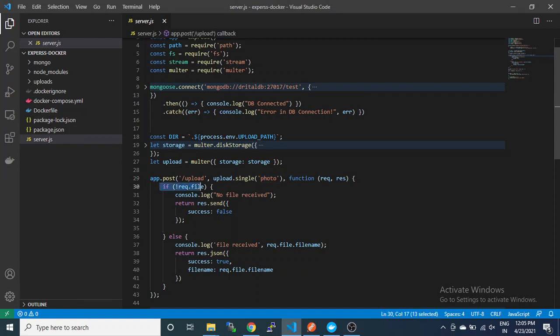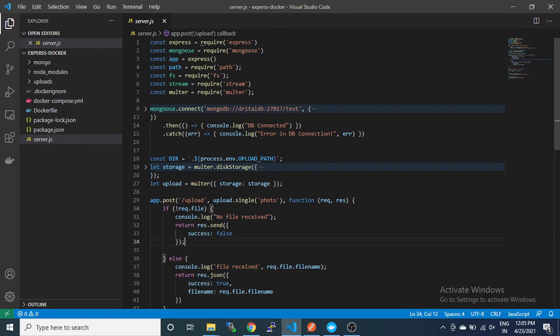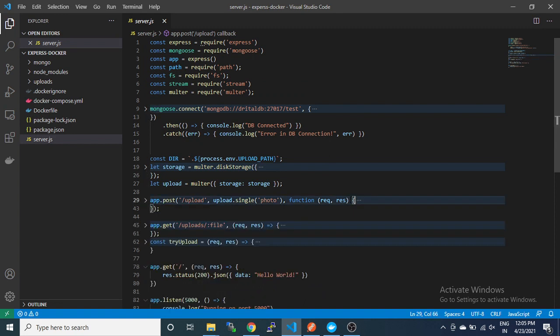If there is no file, it will throw an error, and if it receives the file, then it will save it. Now, how to configure the destination to save, and how to retrieve the file from that place after uploading.